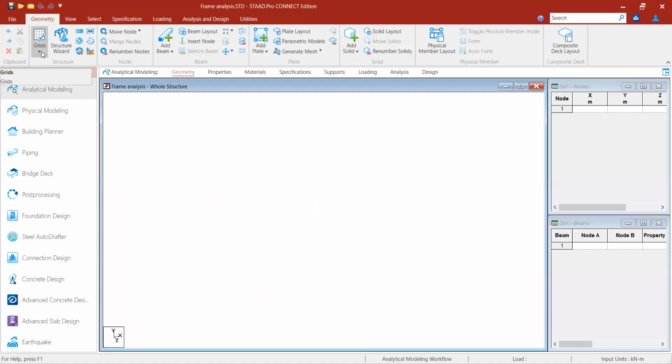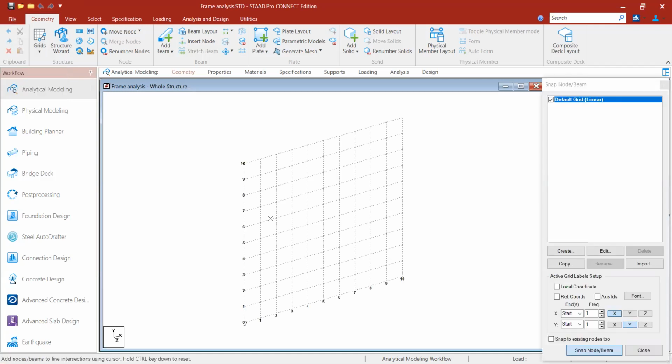Going to structure grid, I will go with the grid only, because going into the structural wizard will not be required as it consists of very few members which I can draw here in the structural grid. Here the first bay I will draw of 5 meter height, 5 meter bay width, and then again here.